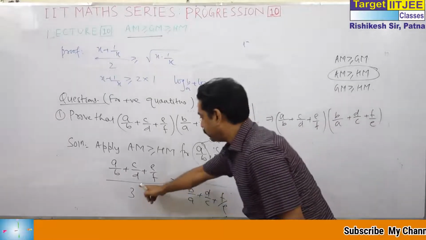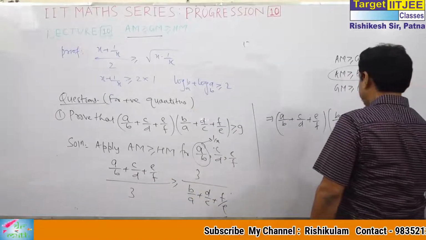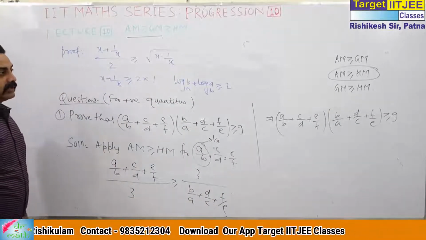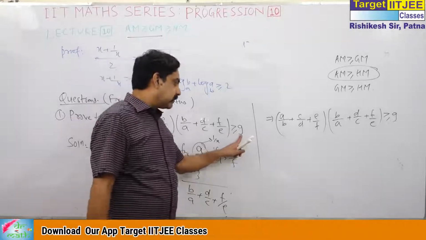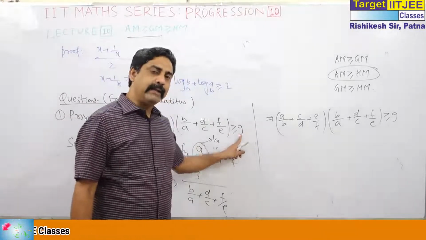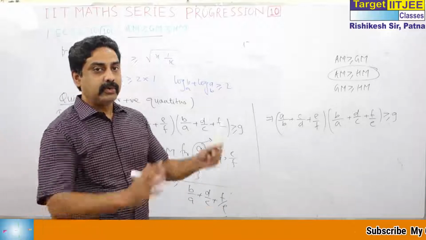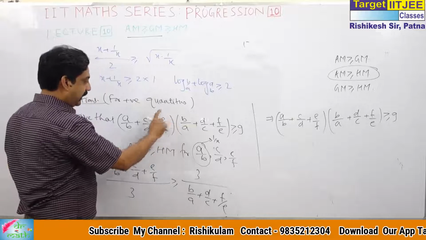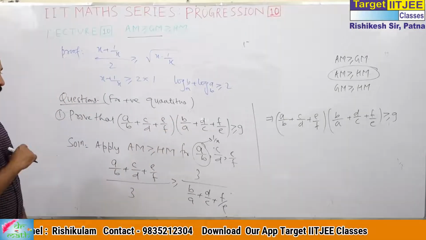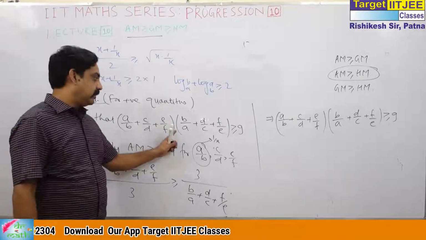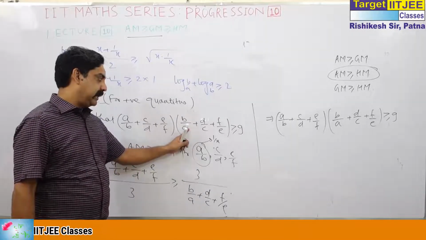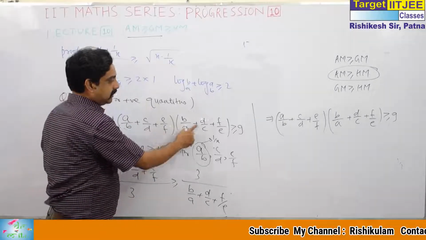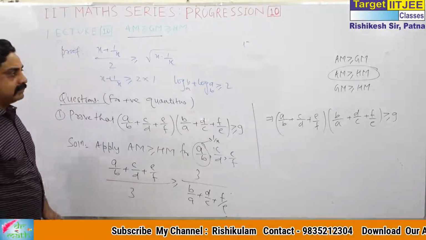And this 3 into 3 is greater than or equal to 9. There is one more symmetric rule to guess this 9 that I sometimes apply in an examination question to rule down the options. If you take a by b, c by d, e by f, all equal, suppose equal to 1, then you will get 1 plus 1 plus 1, 1 plus 1 plus 1. Right?